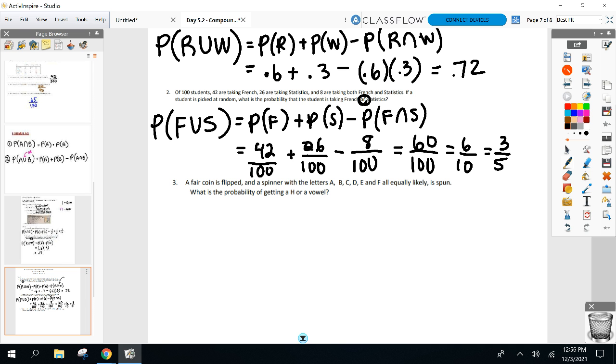What's the probability you get heads or a vowel? That's fine. Somebody asked what a vowel was first period too. A-E-I-O-U. All right. Ready? Probability of a head or vowel. I'll just do a V-O-W here.